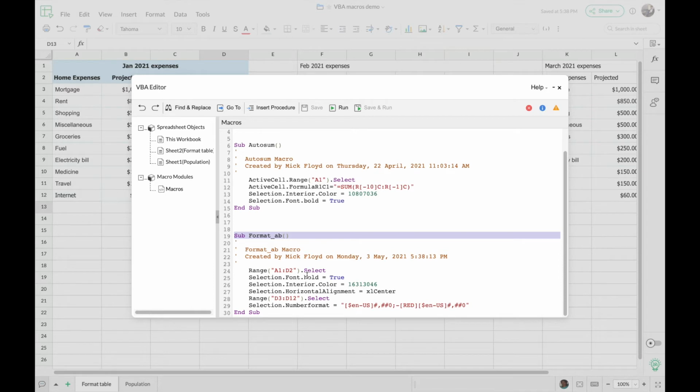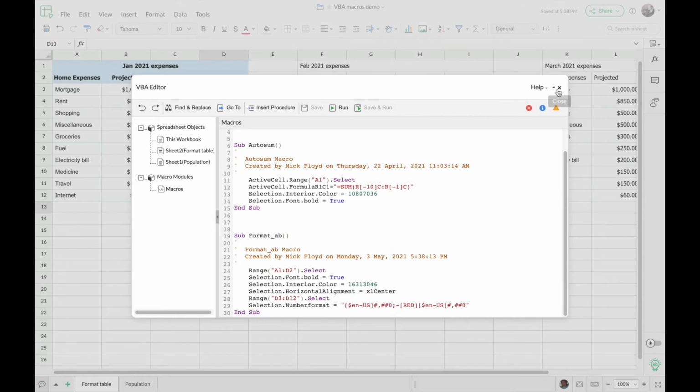the macro given here. So on the first line you can see that the range selection is shown, followed by bold that we had applied, and then you can see the color, the alignment, another range selection that is the difference column that we had selected, and finally you can see the number format indication that we had changed. So this way you can also easily read through your macro code once you have done the recording. If you want to check and make any small changes to this code, you can do that as well. So now I don't want to make any changes to this particular captured code, so I'm just going to close